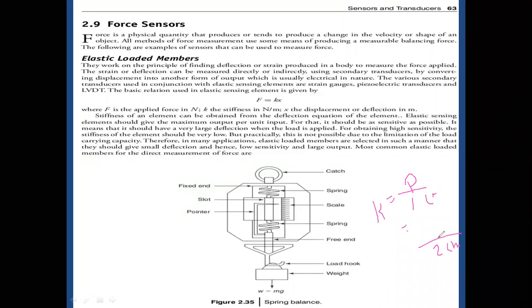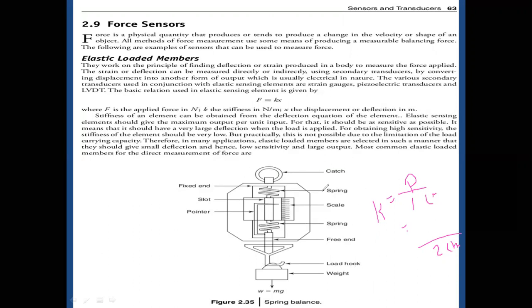Okay, how much load has to be applied? In the earlier days we measure the displacement by applying the force, and in case of stiffness we measure the load by the displacement. Okay, stiffness of the load can be obtained from the deflection equation of the element. Okay, as usual,